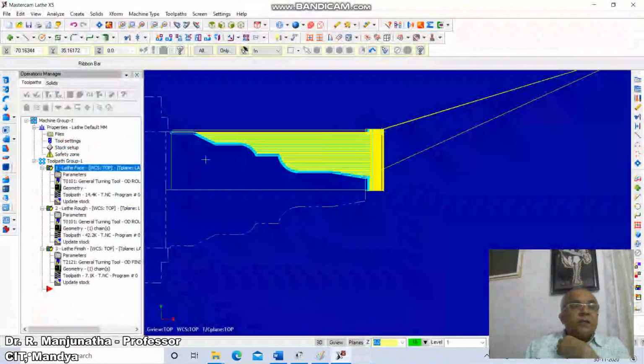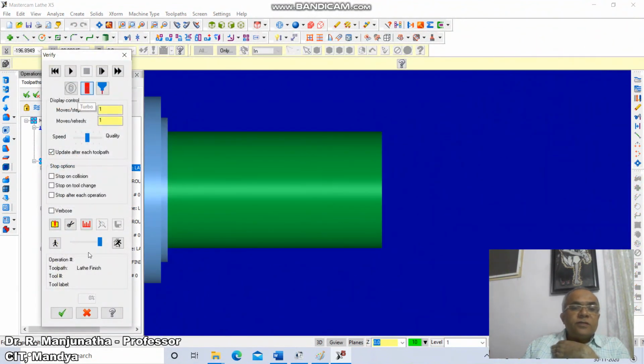Then click on verify selected operations. So now you just reduce the speed and go to machine. Now it will start machining. First it will do the facing operation, that is to remove the 15 mm stock.